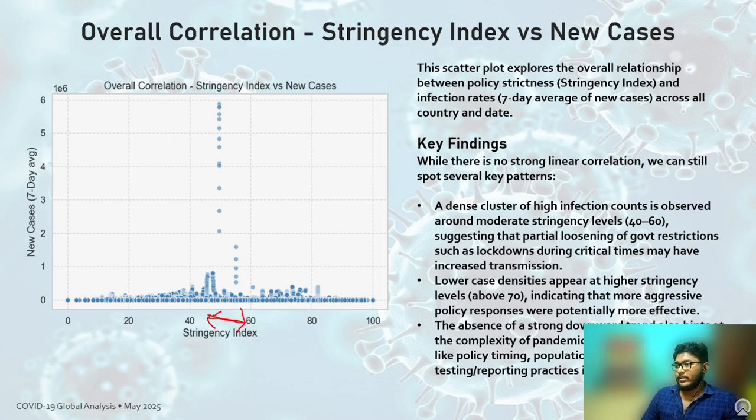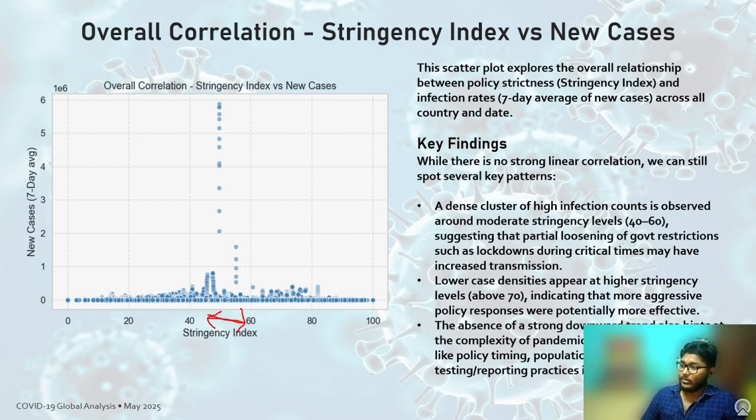We can see a very large cluster of high infections. Now, why might this have happened? This might have happened because partial loosening of government restrictions, such as letting loose lockdowns, mask mandates and gathering restrictions in a time of high transmission, may have increased the transmission of the virus, as we saw in